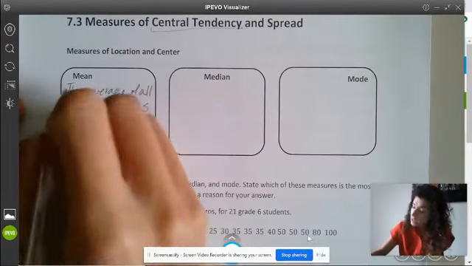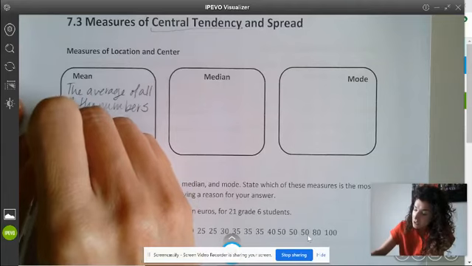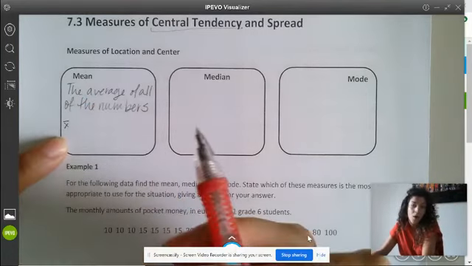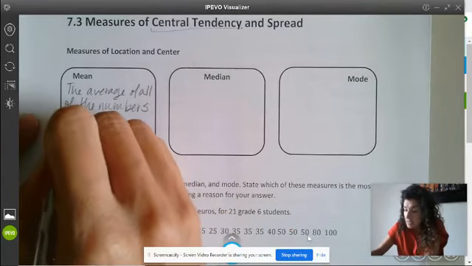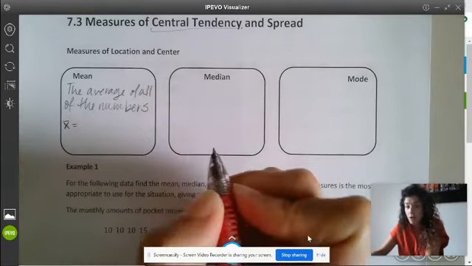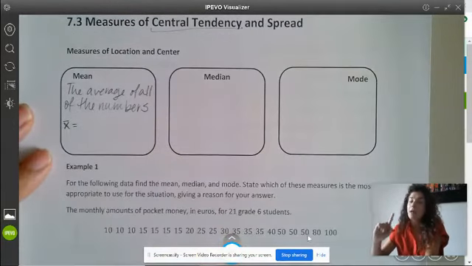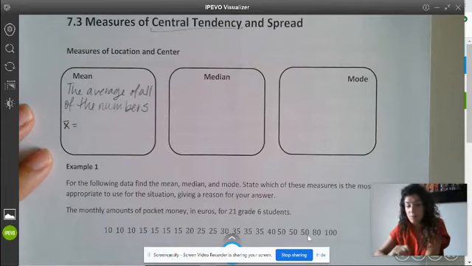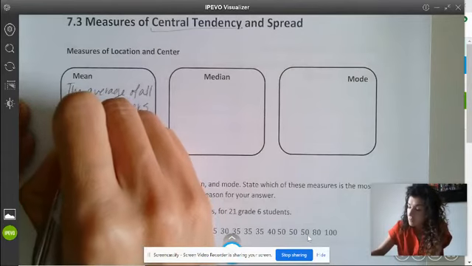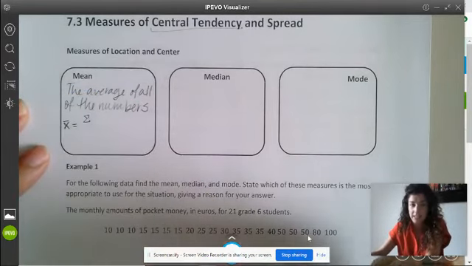Really quickly, your average or your mean, you're going to see in IB represented like this. We're going to start talking about it like this. It's just a weird way of writing mean, and it's x with a bar up top. You might also see it represented as a formula. You do not have to memorize the formula. It's not in your formula packet, but you will be using your calculator for all of these calculations. Your calculator does all the things with statistics that you need, so we just need to start learning how to use our calculator. But just in case you ever see the formula and you're wondering what that is,